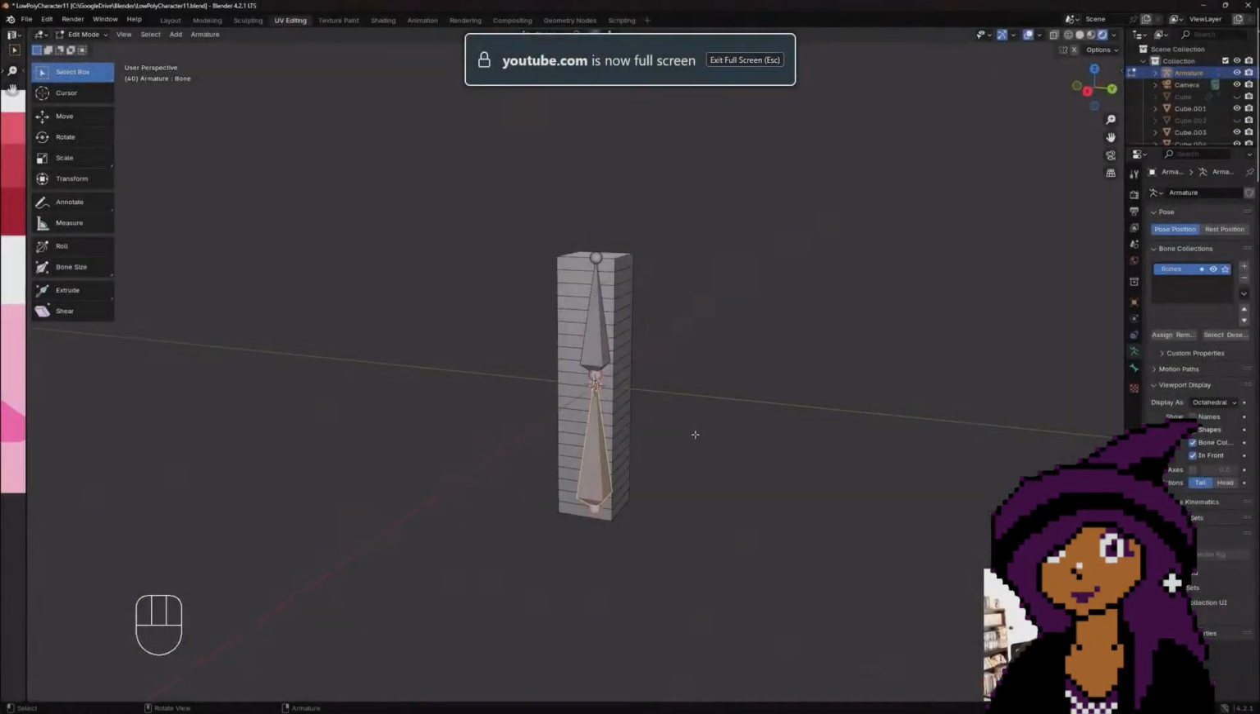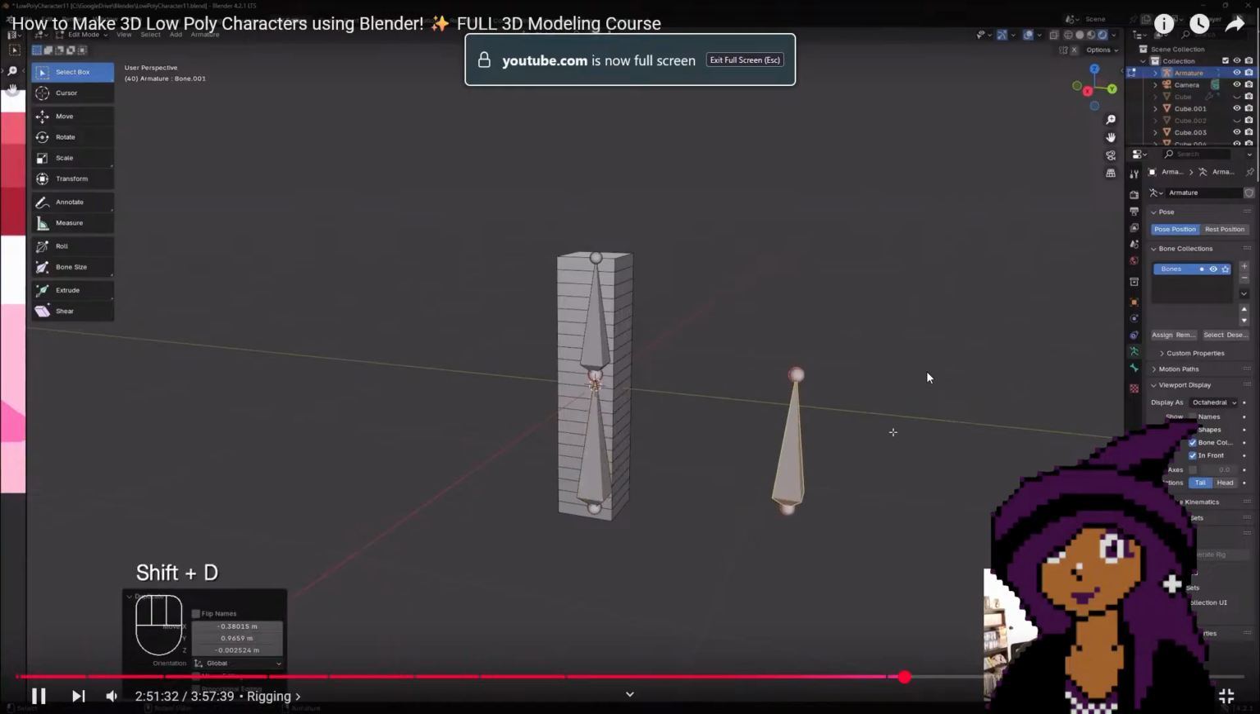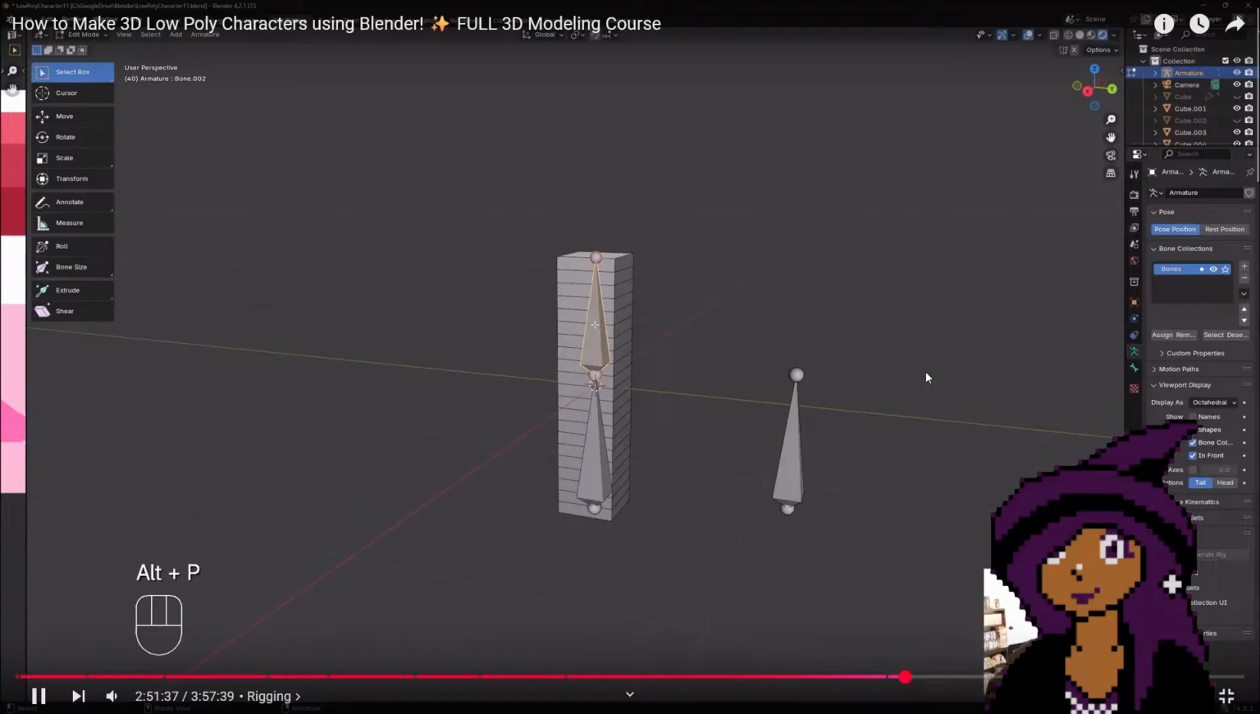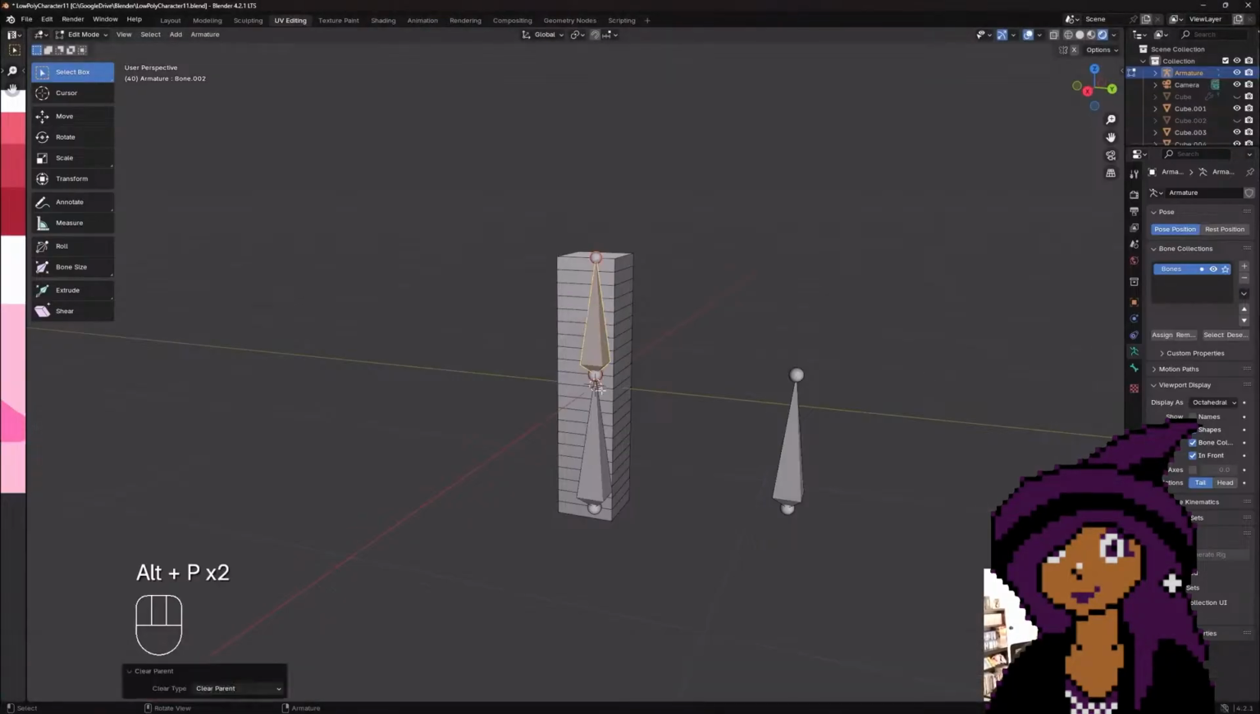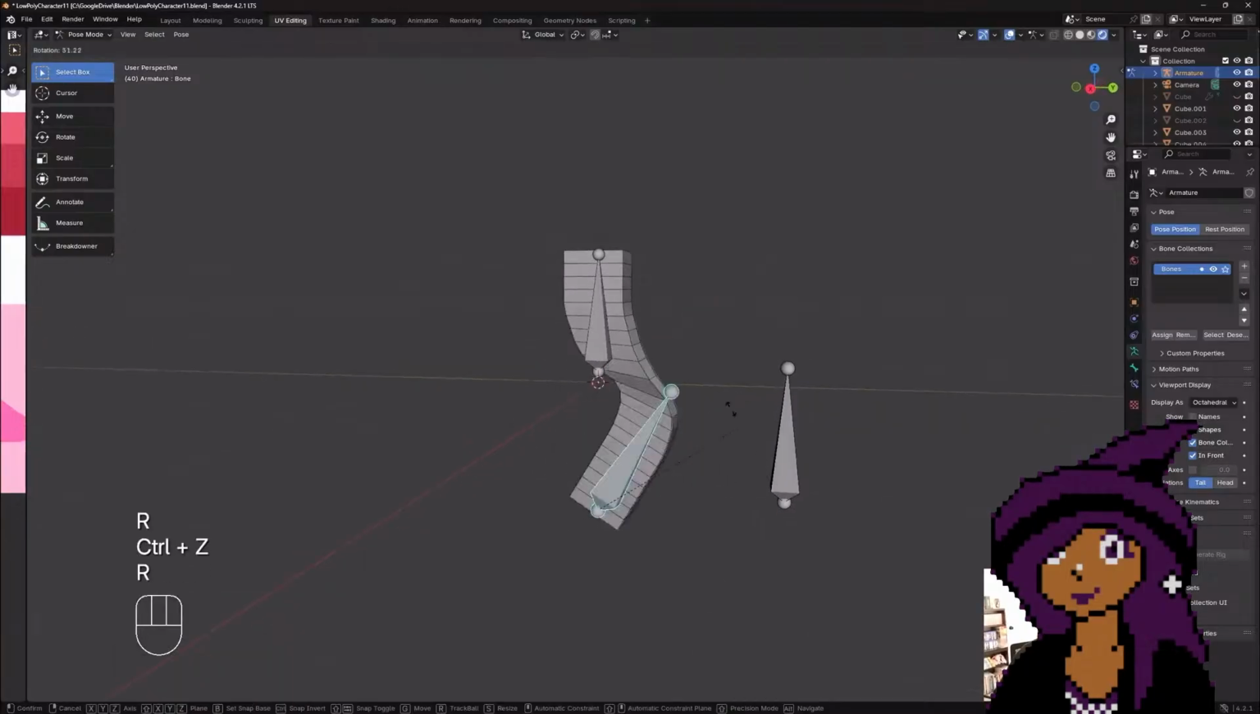And it's important to note that you can also press Shift+D to duplicate bones. You can press Alt+P to clear parents. So for this bone in particular, with Alt+P, I could clear the parent. And if I go back into pose mode and try to rotate, this bone will now stay in place,